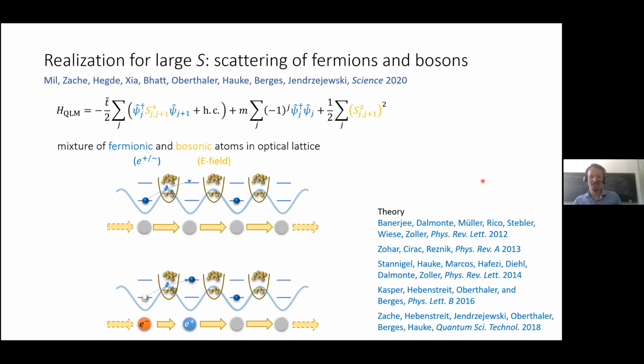So actually, there's a long line of theory works from different groups which have proposed different lattice implementations, and then it becomes simpler and simpler and simpler. Every time there was one requirement that was found to be not necessary or could be replaced by a simpler implementation, until last year in the group of Fölling and Gärttner in Heidelberg, they were able to implement a single building block in the limit of large S. And so the way that they did it